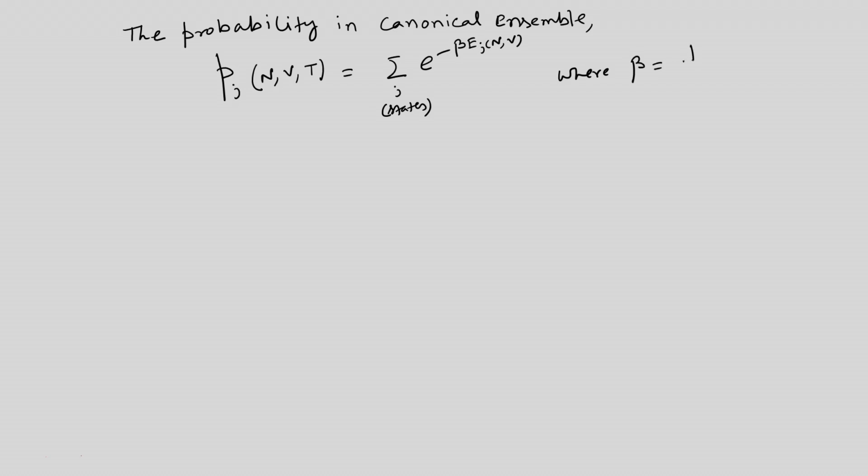We define probability by Pj, which is a function of n, V and T, and is nothing but the sum over states e to the minus beta Ej, where Ej is a function of n and V, and beta is 1 by kT. Now, Ej